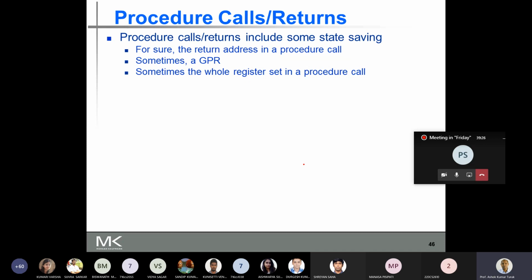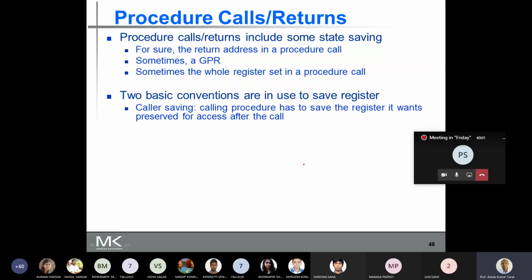That is, when you make a procedure call, before you transfer the call, it may need to save the entire register set or a subset of the registers that need to be saved before the control is being transferred. Now, if the registers have to be saved before the call is being transferred, then there are two basic conventions which are used to save the registers. One is caller saving, the other one is called callee saving.